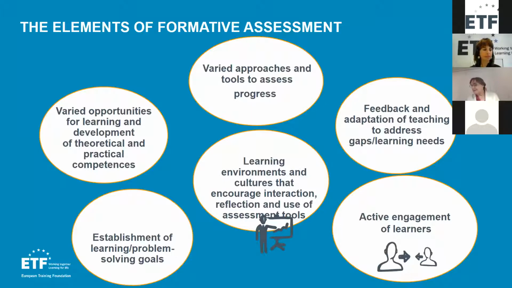The second element of the model in the lower right hand of the figure is on active engagement of learners. An important aim of active engagement is to help learners develop their own strategies for learning. So they're encouraged to reflect and to develop the disciplinary habits of mind depending on what they're learning. So for example, how they're going to reflect on their mathematical learning, what kind of mathematical thinking, what kind of design thinking, what are the kinds of questions within this discipline that people need to pose.